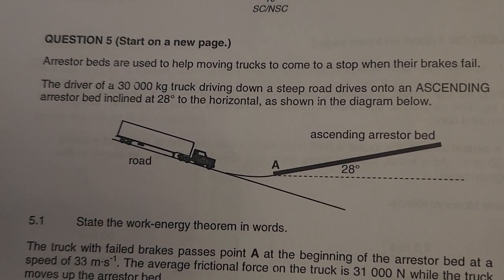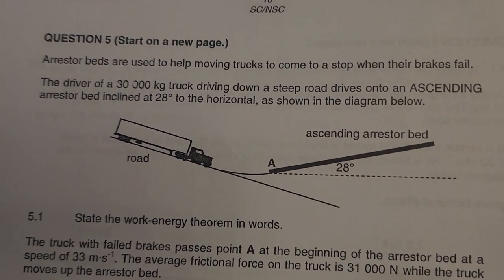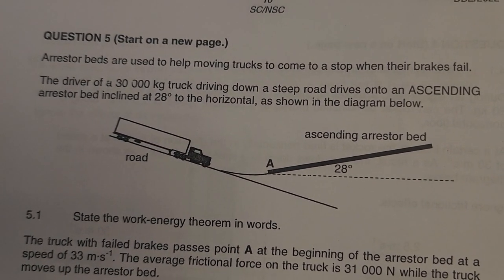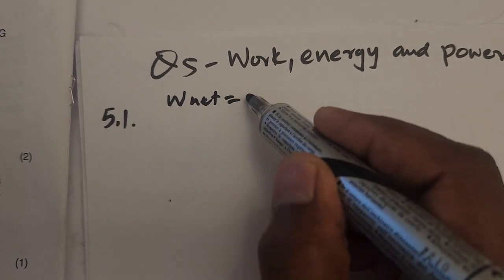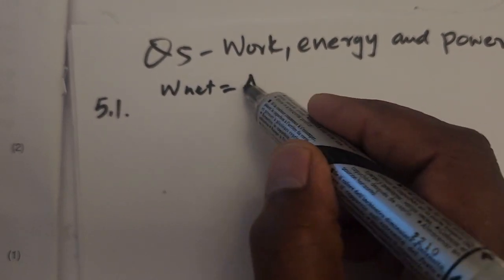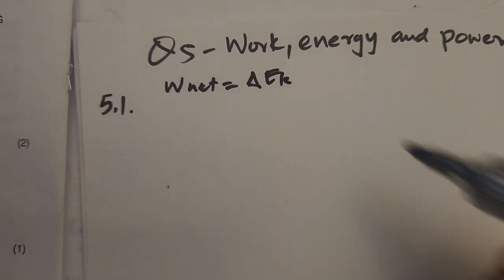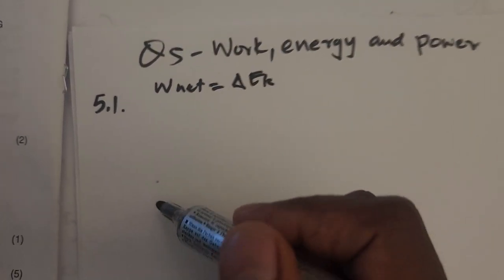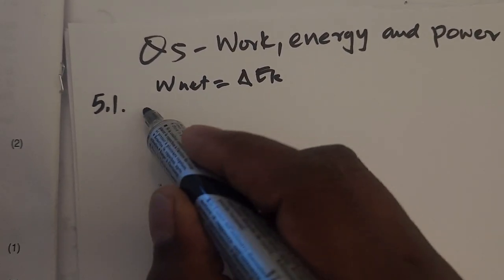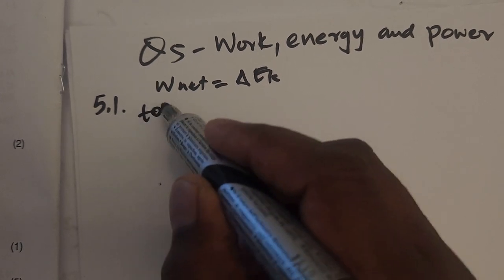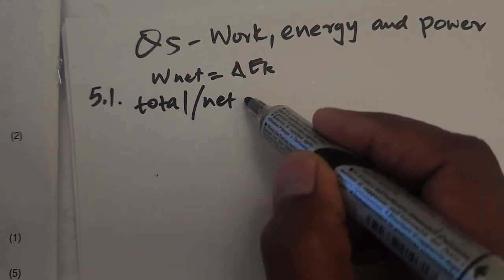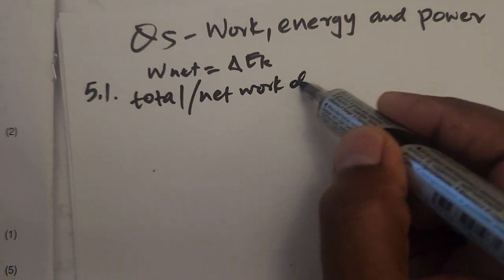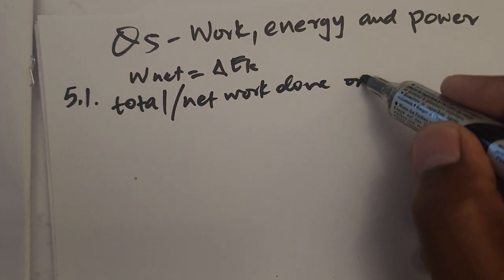Now the first question, 5.1, they say state the work energy theorem in words. Remember, when you are stating the work energy theorem, don't forget, go to the formula sheet. You will find the formula W net equals delta EK. Then you define, guided by this formula. W net has got 3 meanings. You can just say it is the total work done, or you say net work done. Net work done on an object